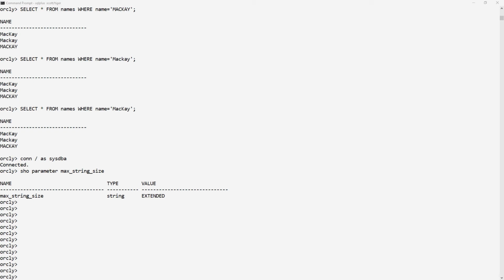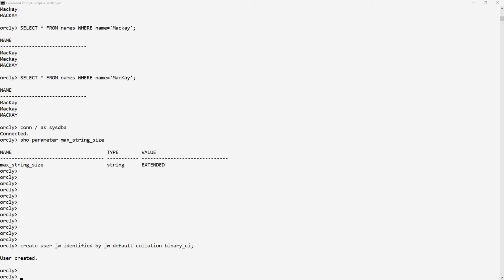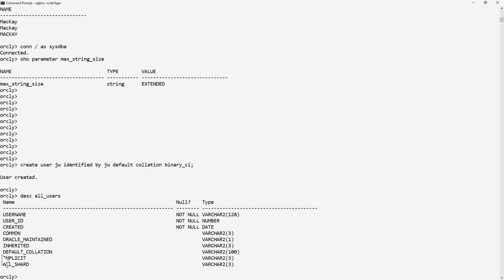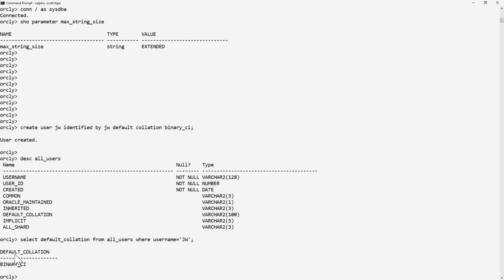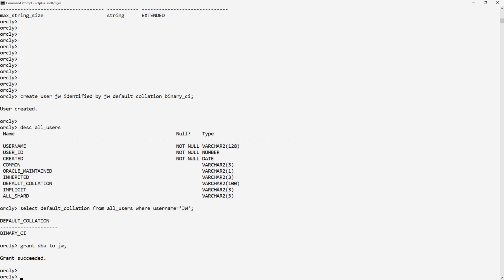Now, I'll create a new schema, specifying case insensitivity. Create user JW, identified by JW, default collation BINARY_CI. CI for case insensitive. This is documented in DBA_USERS and the associated views. There you see in ALL_USERS the column DEFAULT_COLLATION. And query it just to confirm it. Binary case insensitive. Now I'll give JW some privileges, grant him DBA, connect as him,